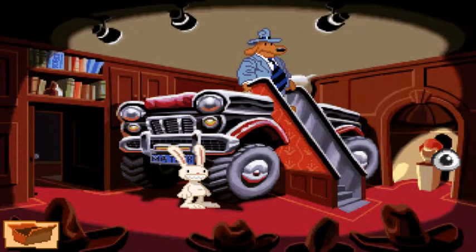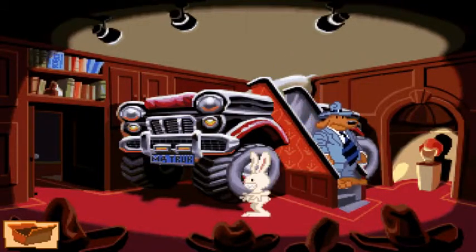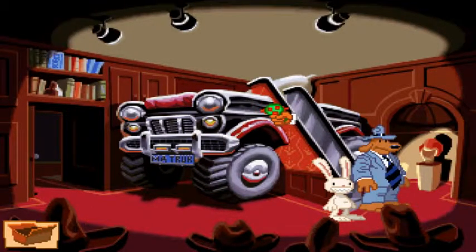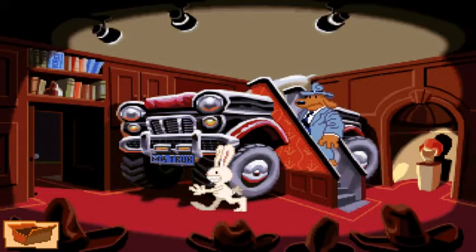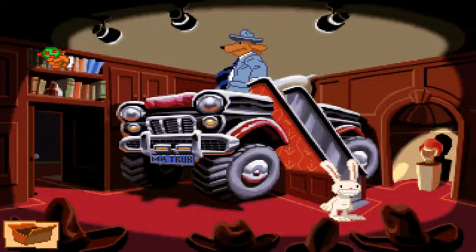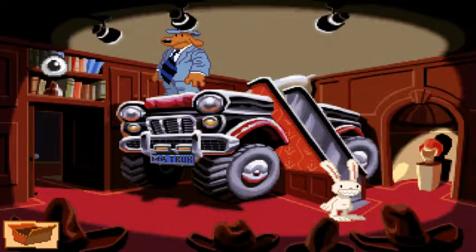Now, there's a wig back here that we need to eventually get to, but it is guarded by security, so actually I need to head back up. And there's something over here on the bookshelf, right there. This is a completely unusable thingamabob. He can't use it, but if I try to grab it...